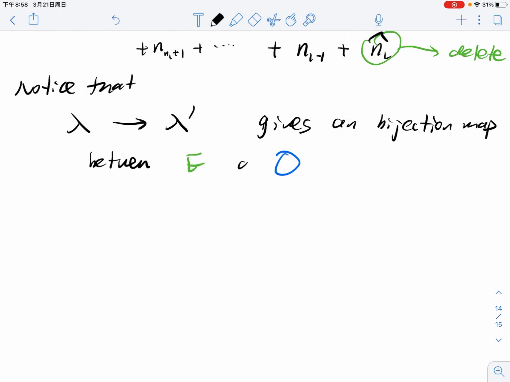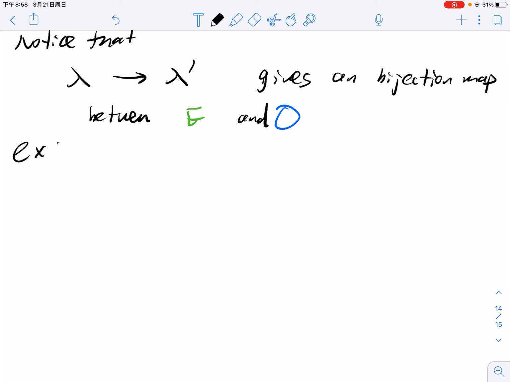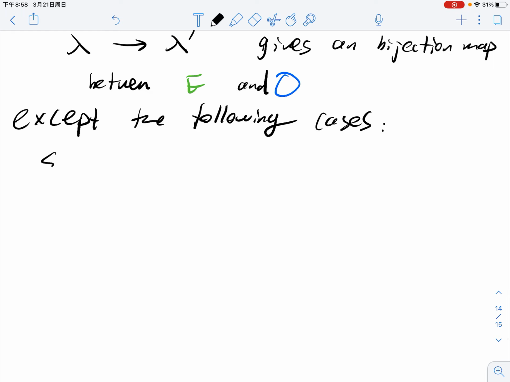If this is true, then Euler's pentagonal theorem is wrong, because you do have some extra terms, except the following cases. So that's why this is a really interesting theorem, which is different from the previous theorems, which state this number is exactly equal to that number. Those are trivial, actually. Except the following cases, you do need to have some genius. Okay, except when s equals nl and